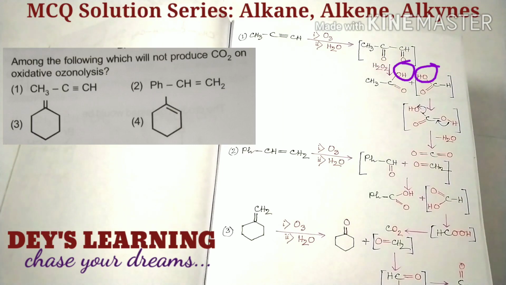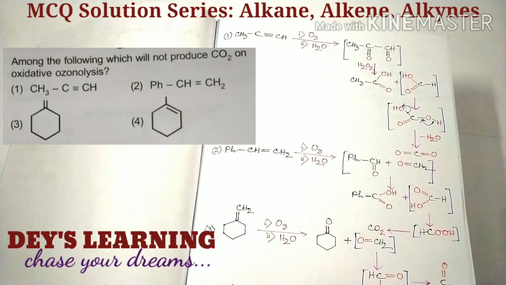So in the left portion we have the acetic acid molecule, and from the right portion we have the formic acid molecule, right? So in the formic acid molecule there is a carbon hydrogen bond, which is a weak bond. Hydrogen peroxide will also cleave that carbon hydrogen bond to produce another carbon oxygen bond, and this carbon oxygen bond,